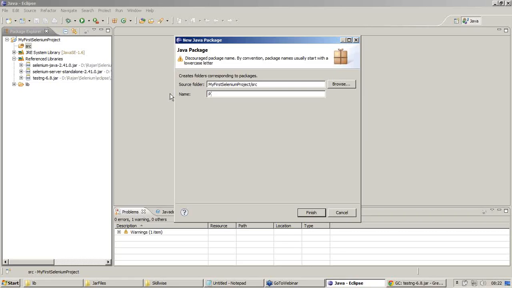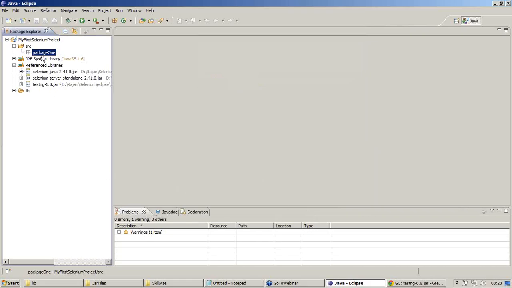Whenever you start your names with a capital letter, Eclipse will display a warning, discouraged package name, which means Eclipse follows a naming convention through which you can only start your name, file name or class name with a small letter. So I'm going to name my package as package1. Click on finish. Voila, it has been created right now.